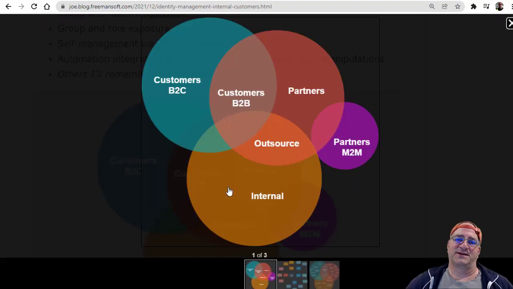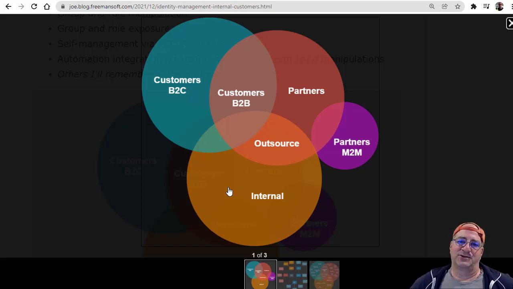So in a lot of ways, this diagram came out of another diagram at the bottom of the page. And basically the idea is it's customers, partners, and internal. And it turned out when I started talking about customers, if I thought of B2B customers or customers that are companies, the management of those customers in a lot of cases looks a lot like partner management, and yet we keep them in completely different identity stores. And it makes you wonder if we really should do that.